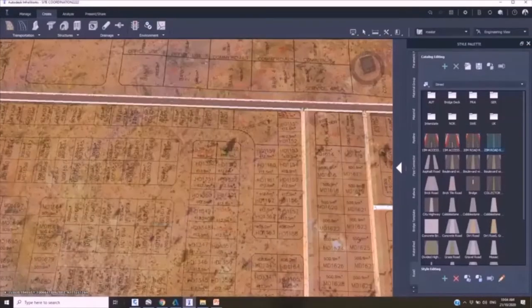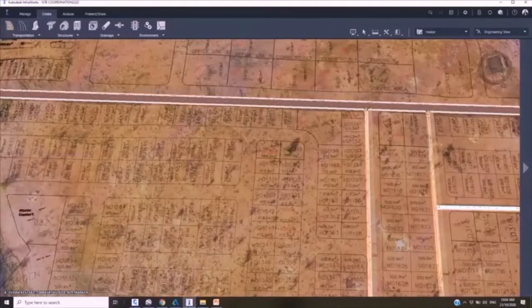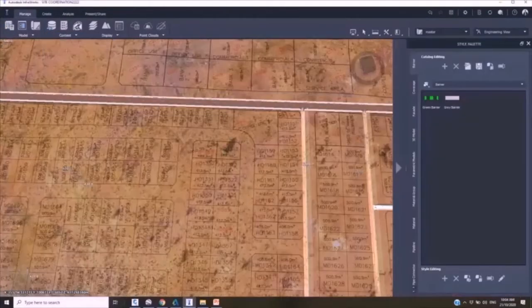Major road is a 25-meter road corridor that also has drainage infrastructure and some other corridor build-up. So already this condition has been defined in my palettes. Now the palettes under the create option, manage options, you have under the content what we call the style palettes. Style palettes give you all the detailed conditions for you to build up all your 3D models, your